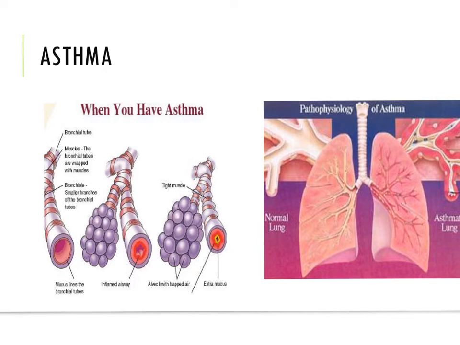You have airway inflammation, which you can see, the inflammation of the mucosa, which narrows the inside of the airway. You have excess mucus production, and you have edema. Remember from anatomy and physiology, you have smooth muscle that's wrapped around your bronchioles, and as these smooth muscles constrict, it narrows the airway. So it's almost like a triple whammy, where you have the inflammation, the edema, and the excess mucus